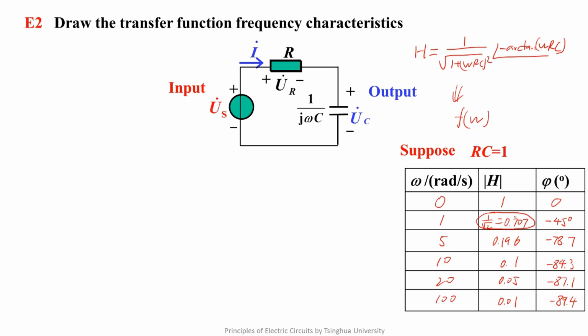From these values, we can find that the module is decreasing with the increase of the frequency. It gradually decays from 1 to 0. Similarly, with the increase of the frequency, the phase angle gradually decays from 0 to minus 90 degrees. And we can see that in the early stage of increasing of frequency, the attenuation of transfer function is faster, and it tends to be saturated in the later stage. Phase angle is similar. According to the table, we can easily draw the qualitative curve of the transfer function of the circuit. That is